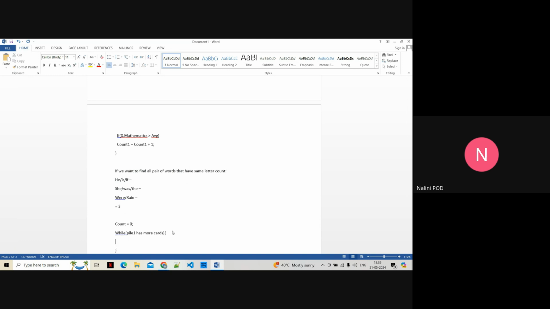We want to compare. Move the current card, move x to pile 2. Instead of pile 2, I will move it to pile 2, move x to pile 2. Then while pile 1 has, while pile 1 has,